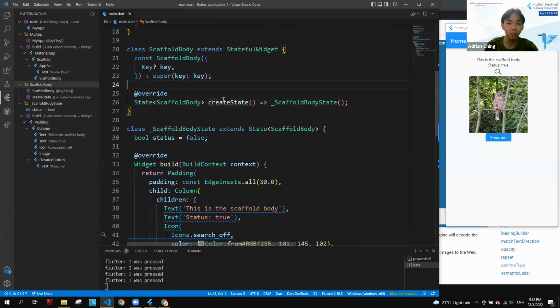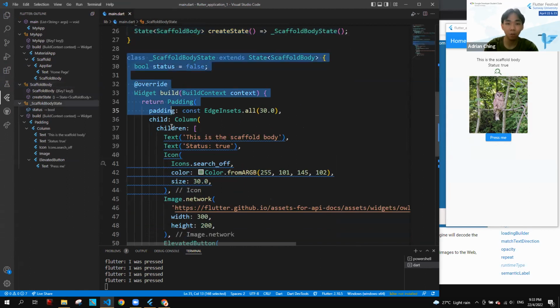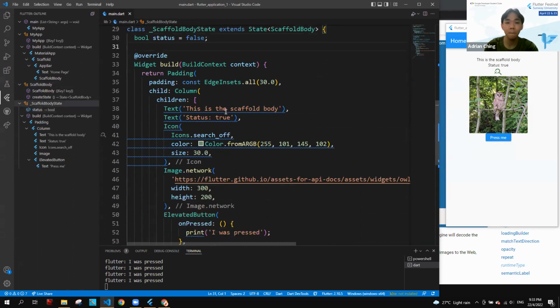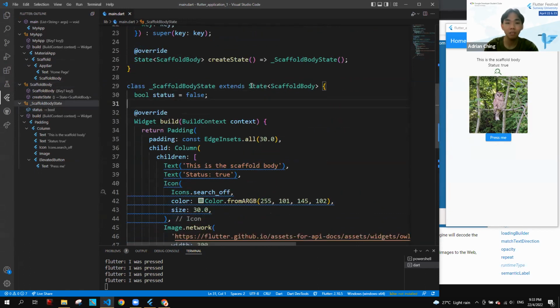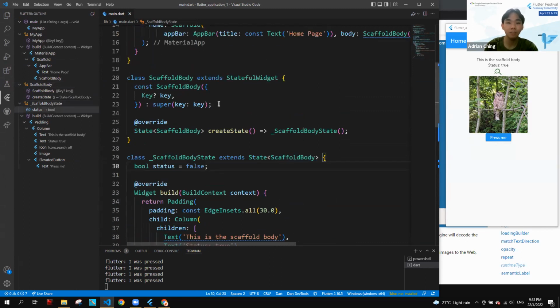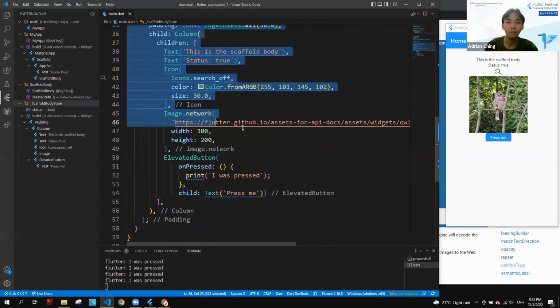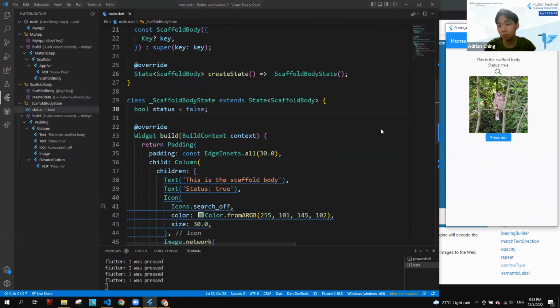Now a stateful widget looks a little bit different. It has the stateful class over here, and it has its own state class. This is where all the updating happens. Now we're just going to focus on the state class, but basically the layout is still the same. There's the constructor here, the property here, and the build method. So now we want to put this status into whatever this variable value is. To do that, just add the $status shown earlier. Let's see. Okay, now it's reflecting correctly, right?